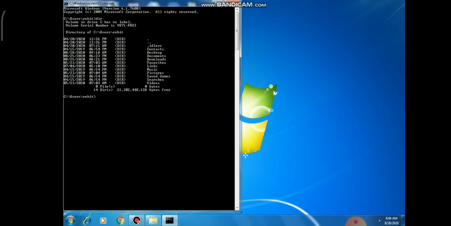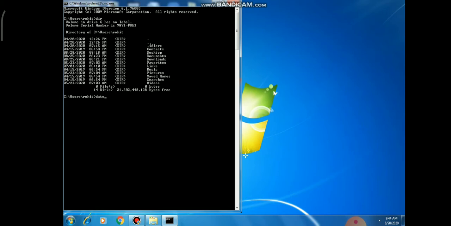Now we want to execute another command, that is the date command. Why are we using the date command? Whenever we want to see the current date of our system, we use the date command. How do we use it? First of all, you have to write date, D-A-T-E. Whenever you write date, it will show you your current system date.